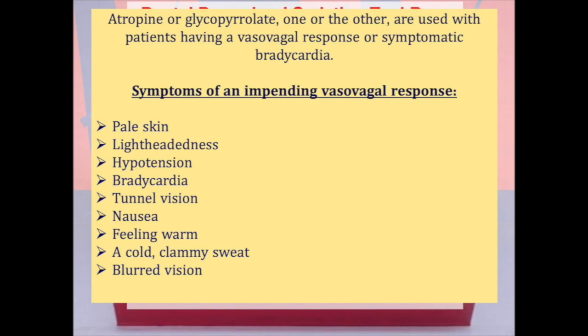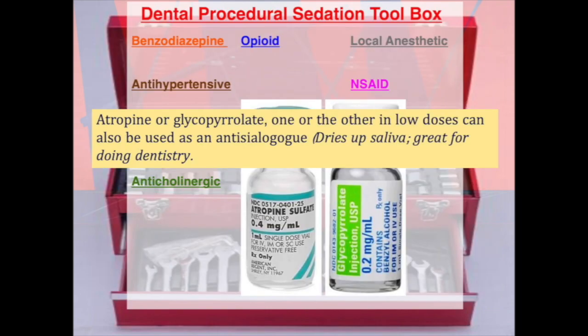They'll start to slur their words, cold, clammy, just a cold sweat. They might feel warm, vision blurs if they're having a vasovagal response, which is going to be a response where the vagus nerve is working on overdrive, and the patient is more than likely going to pass out. So we would give one of our anticholinergics here, either atropine or